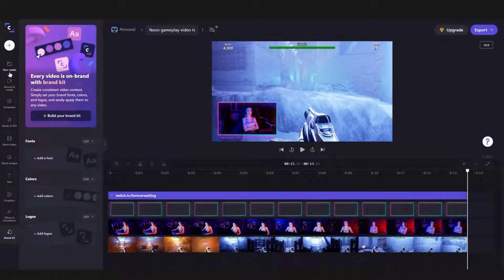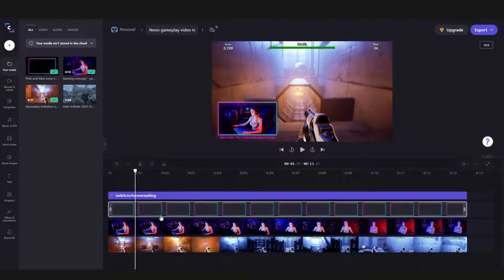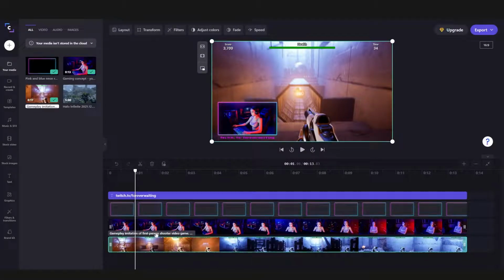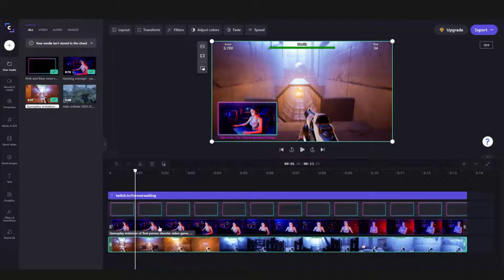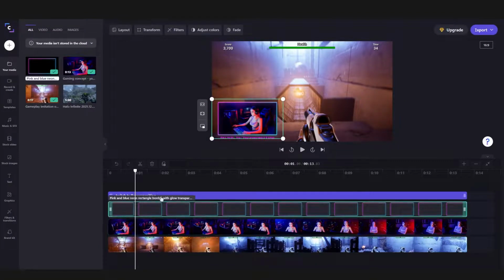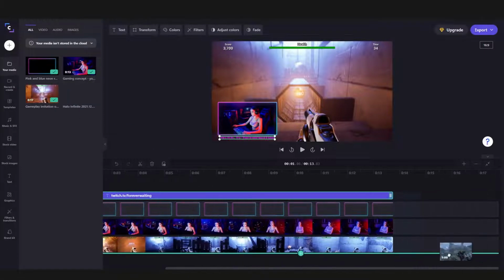Now that I've walked you through all the tools and options that you have, let's go ahead and get to creating. Since we're using a template, you can see here that there are already 4 clips on our timeline. There's the gameplay footage at the bottom, then the face cam, the overlay, and some text on top. We'll start by uploading our footage, then dragging it into the timeline in the same track as the template's gameplay